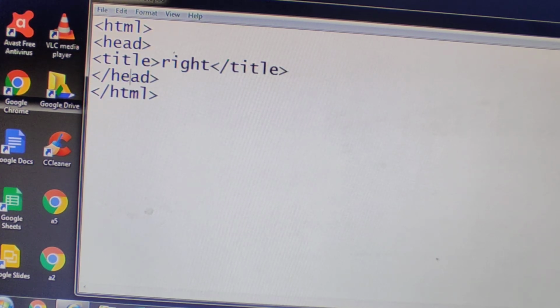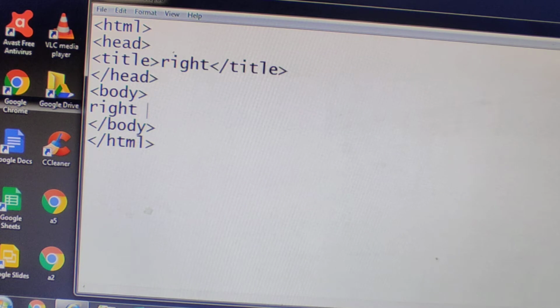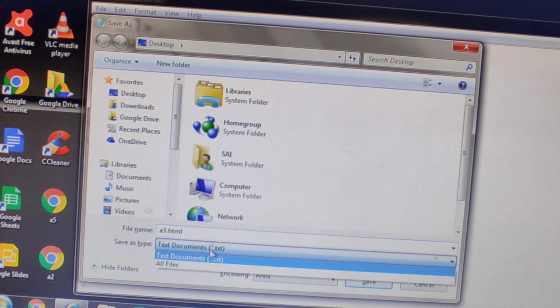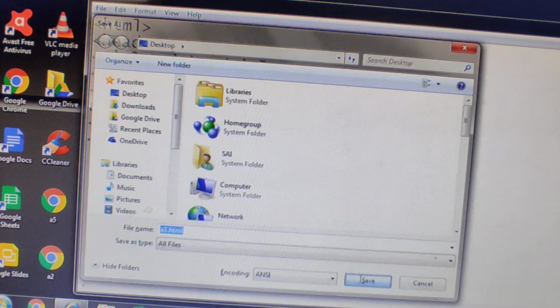After the head, give the body tag, and I am closing the body. Inside the body, you give the content as right frame. You can give any content. Again, here I am giving the file name as a3.html, and it should be All Files, and I am saving.